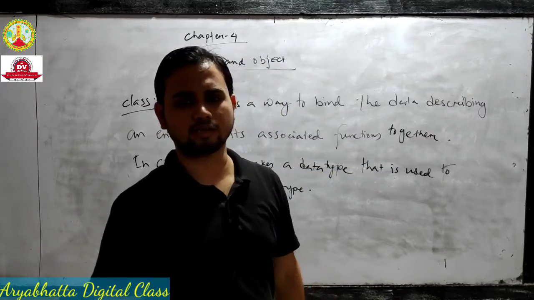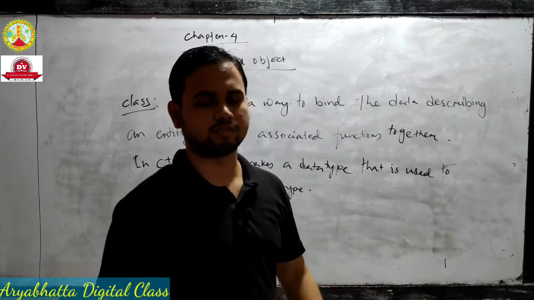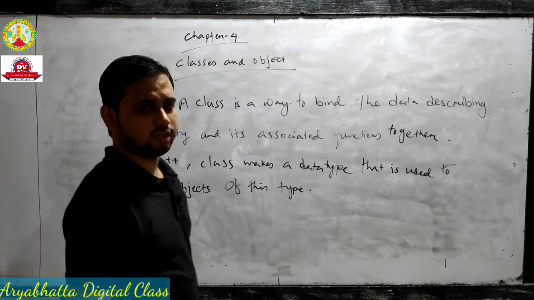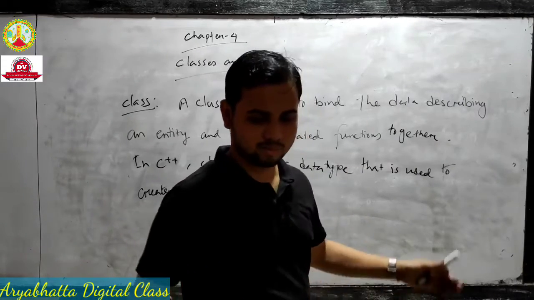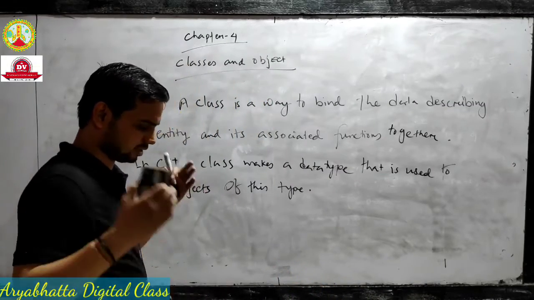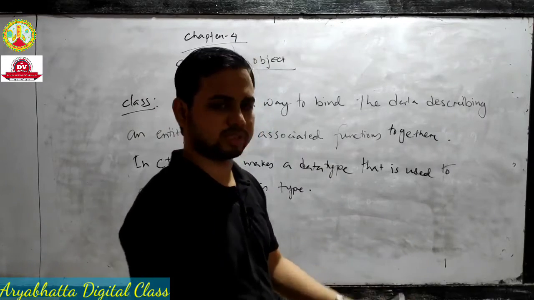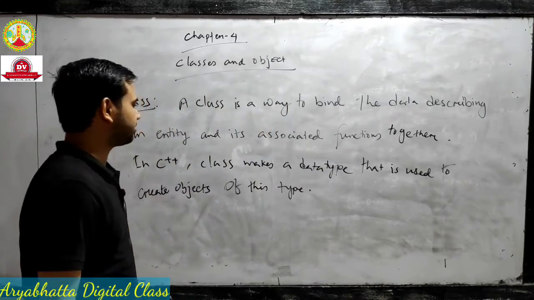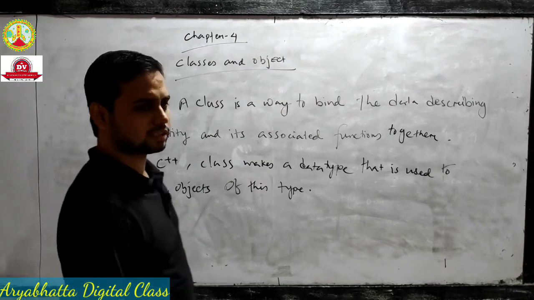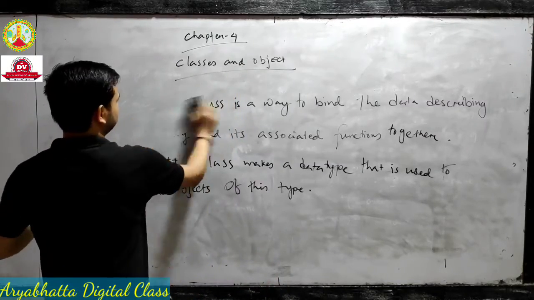Okay. And the function of account number means, if this is a unique value, it is accessible by all different customers in the bank. That means this type of functions all come in your account, and that's why a class is a combination of objects, a combination of things. And in C++ a class makes a data type that is used to create objects of this type, and a class also makes a data type. We declared it, you will understand clearly later.